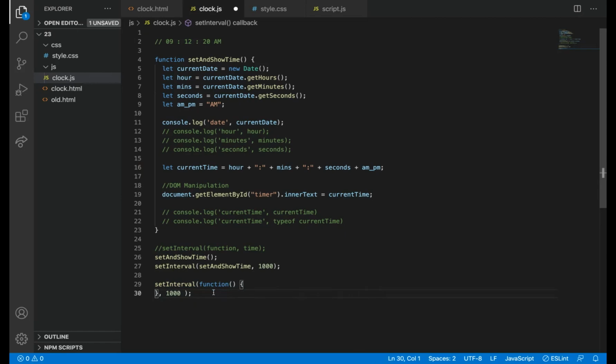So for now, we can just add console.log of called. So to understand the set interval function, this is enough. So don't get confused with the syntax that I have written.